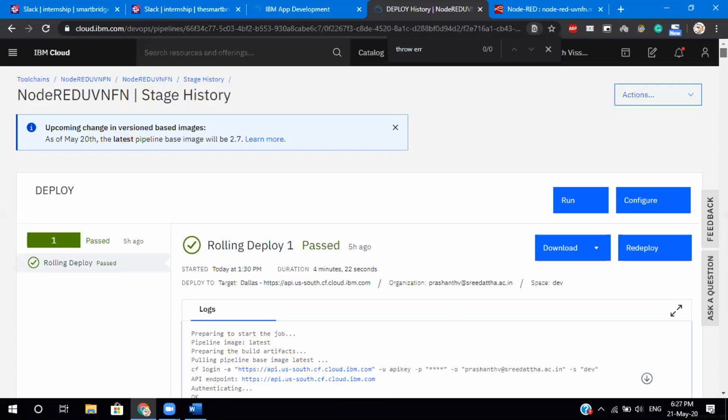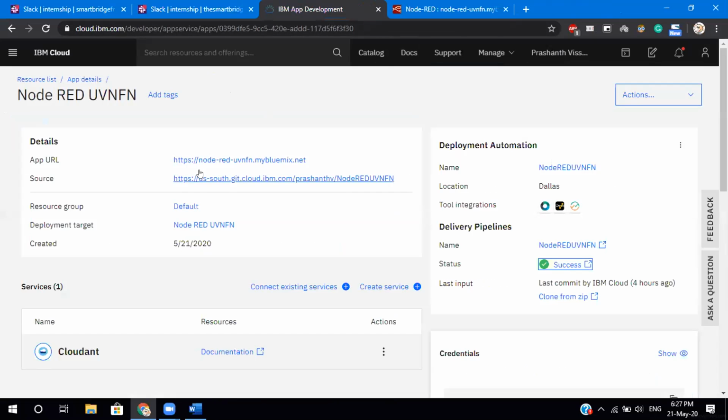Okay, so yeah, that is how you create a Node-red service. And after you create the service, you will be able to run the URL from here. This is your app URL. You can click it,